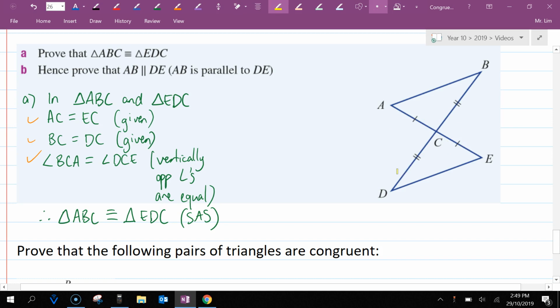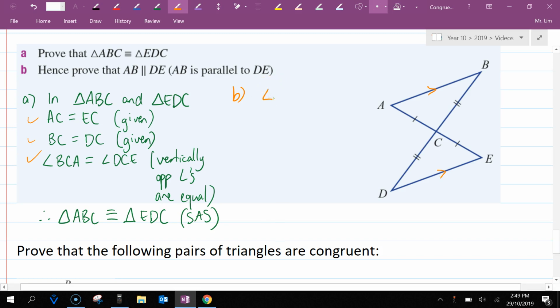Alright, question B. Now that we've proven that these 2 triangles are congruent, we can actually prove that AB is parallel to DE. So we want to prove that these 2 sides are parallel to each other, or these 2 lines are parallel. We can say